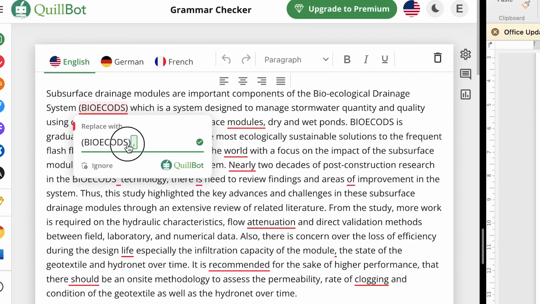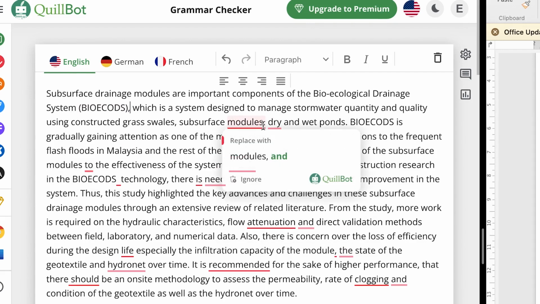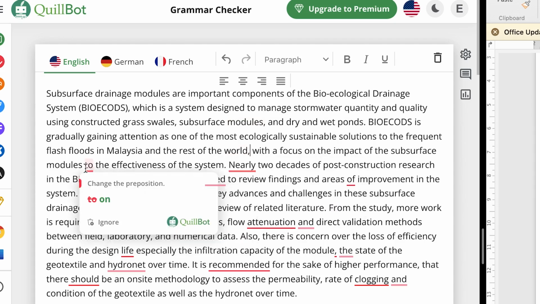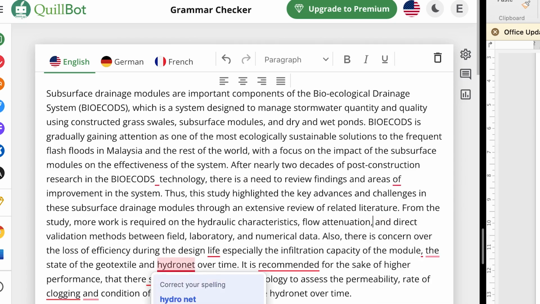You can follow them individually and correct, because sometimes you may not like the correction and you may need to reread the content to see whether it's giving the right impression or not. So I usually advise people to go manually, at least to some extent, to see how deeply you can trust it. For example, this is correct, this is correct as well. After nearly 2 decades, this is correct, and this is correct as well. To me, this one I can ignore.